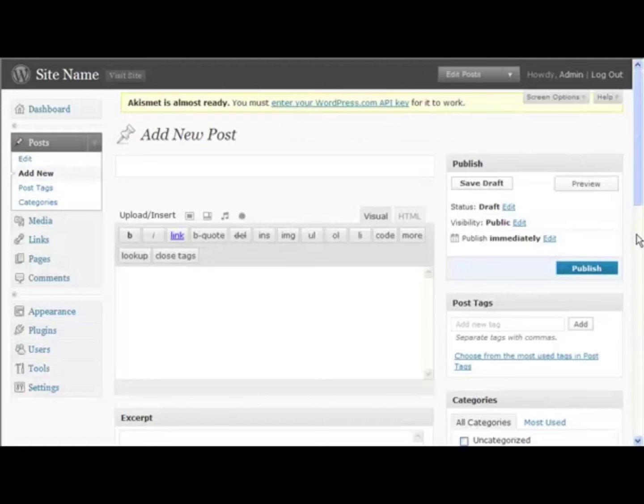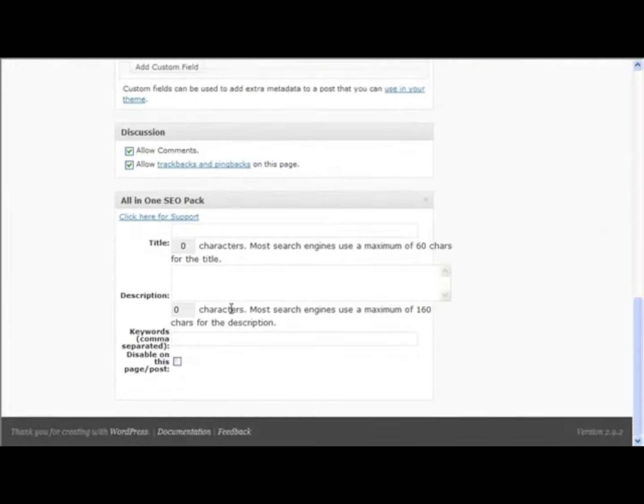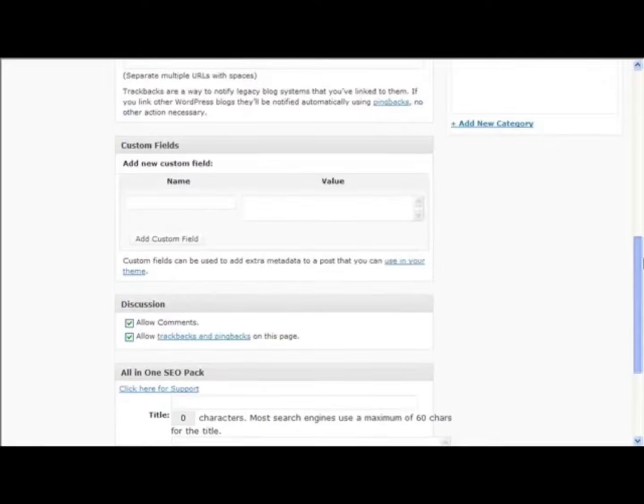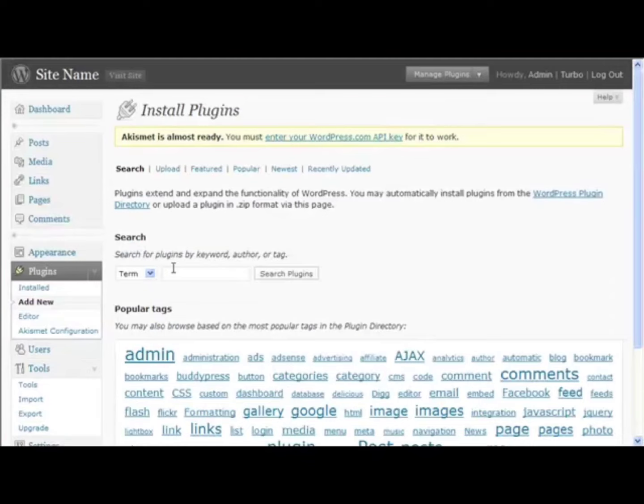Then when you go to posts and add new, if we scroll down we will see that the all-in-one SEO pack is here. So here you can put a title, description and keywords specifically for that page, and that's going to help you significantly with your SEO. So if we go back to add new,